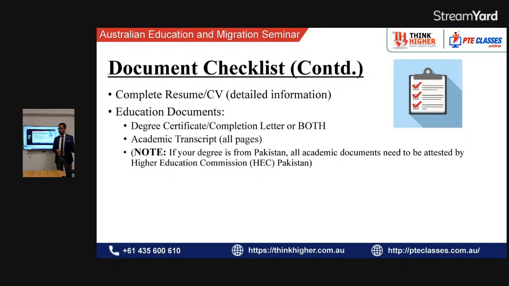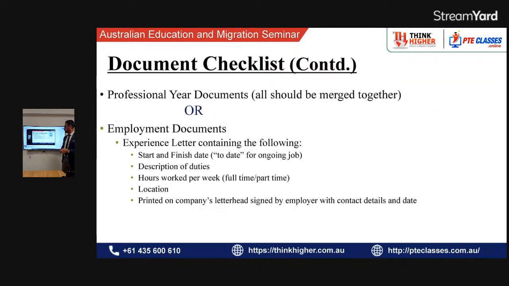For offshore, if it's from Pakistan, then HEC attestation needs to be done. What I normally do is not put the bachelor's if you have already done a master's of IT, to save time. The bachelor's you can then claim directly with immigration. You don't need to get your bachelor's degree assessed. But for engineering, for skill assessment, you must also have a bachelor's, but there is no attestation required for that one. So 2 bodies have 2 different requirements. Then all transcripts need to be all pages. Like if you have 8 semester transcripts, then all 8 semester transcripts need to be there, and then you need a consolidated transcript as well. Yeah, let's go to the next slide.